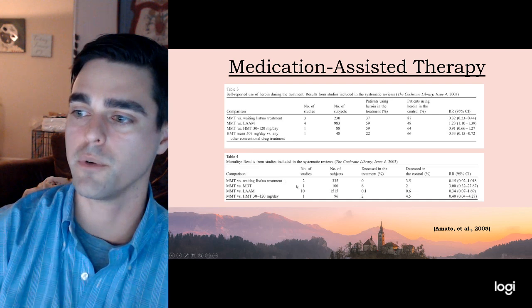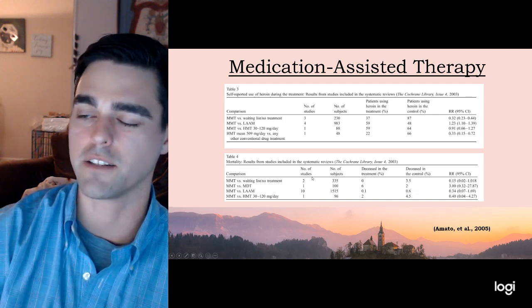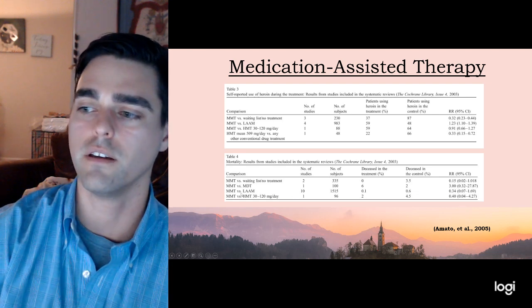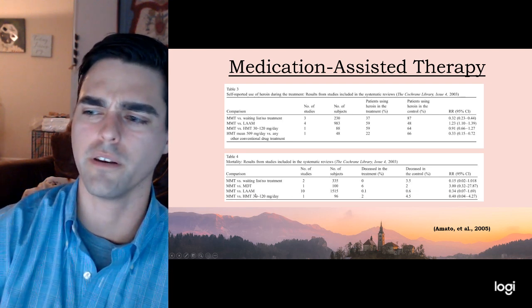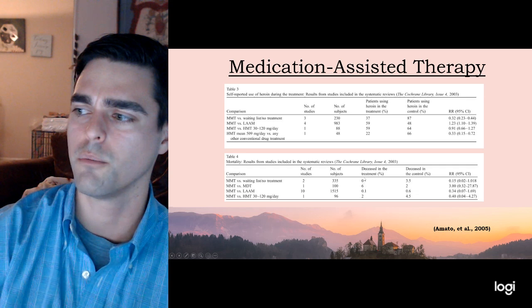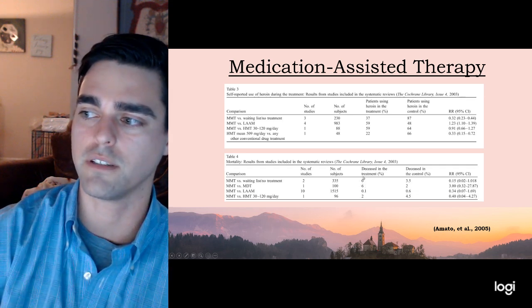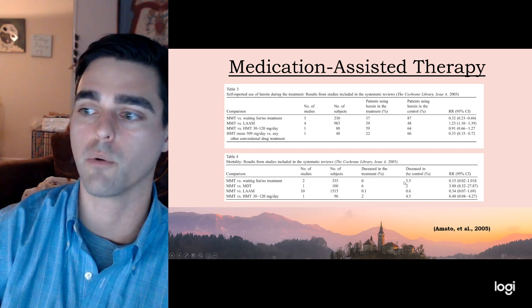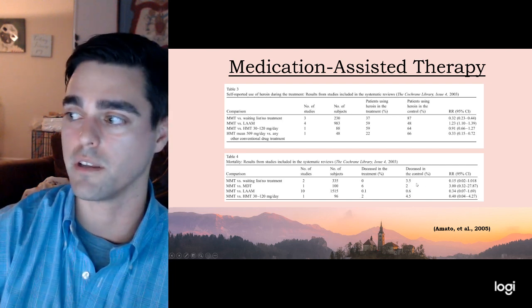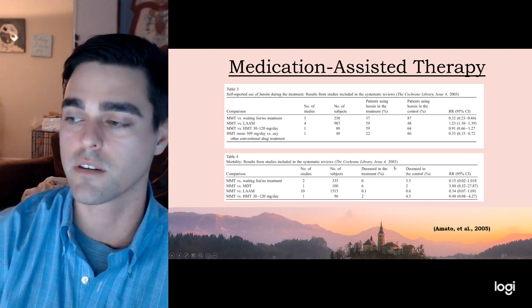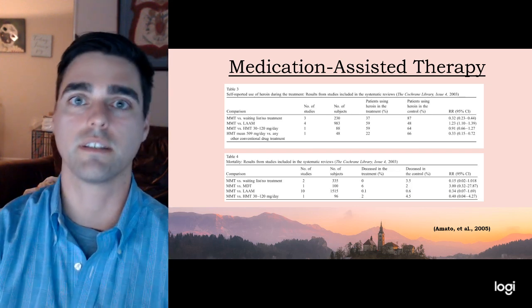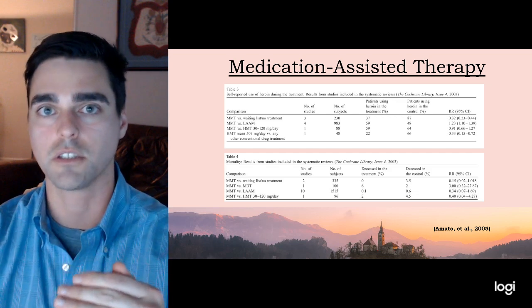Down here, though, we can see the mortality rates as well, right? Pay attention to this line. That's methadone versus nothing at all. And then these down here, this is actually giving them heroin treatment. But you can see the people who are in methadone that died from it, 0, compared to the number that died while they were being waitlisted. So, I mean, it's a big difference. If a person is receiving treatment, this is that stepping stone, this is that harm reduction, this is that